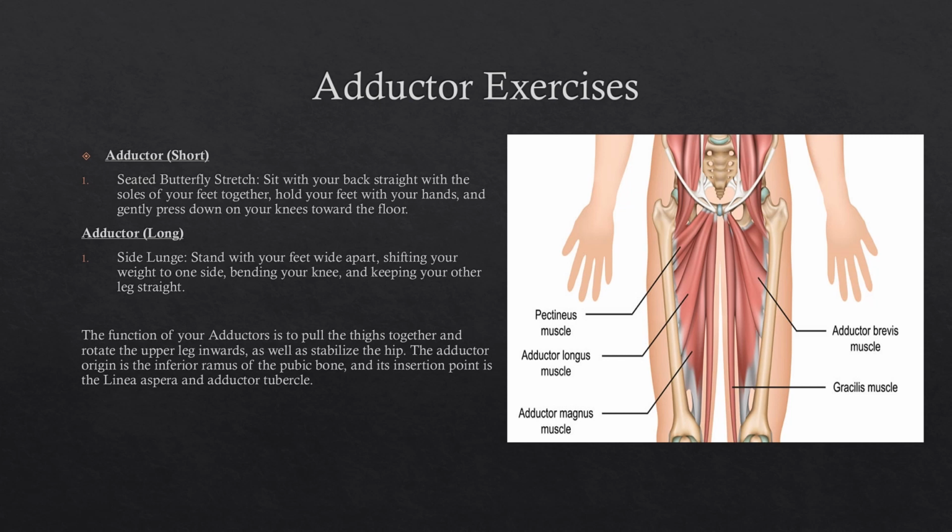Now the function of your adductors is to pull the thighs together and rotate the upper leg inwards, as well as stabilize the hip. The adductor's origin is the inferior ramus of the pubic bone, and its insertion point is in the linea aspera and adductor tubercle. All the information that I've received here about the functions and points of insertion and origins